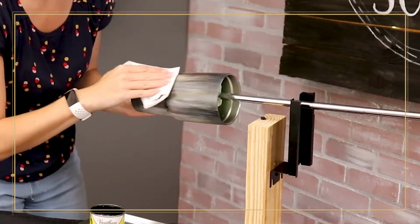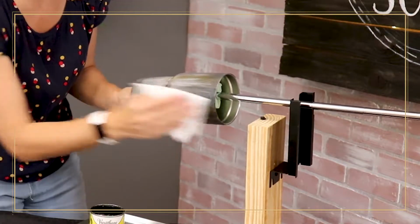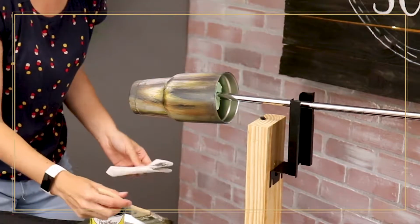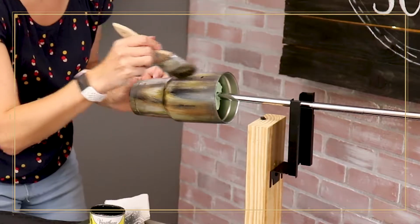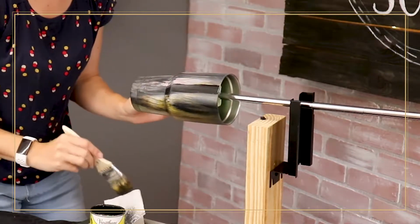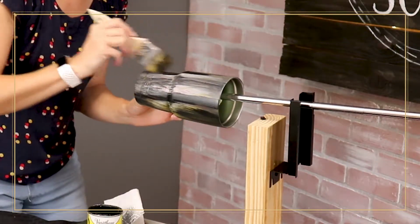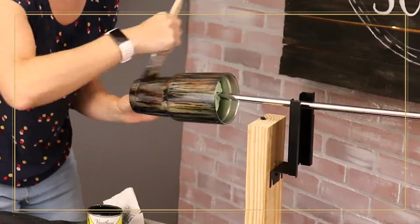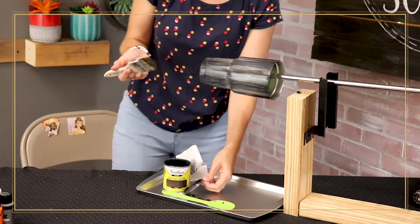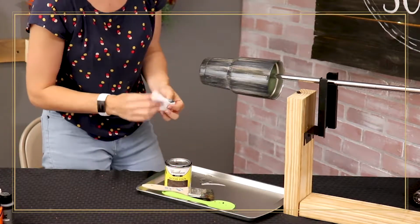And this is a good time to sort of assess what your wood grain looks like and decide if you need to add any additional colors or more stain to it. Okay, so that's enough stain in my opinion, so I'm going to go ahead and close it up and let my stain dry on my tumbler